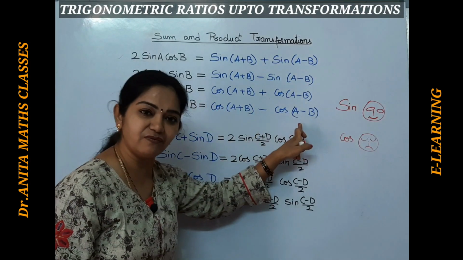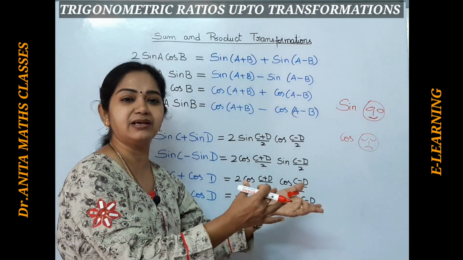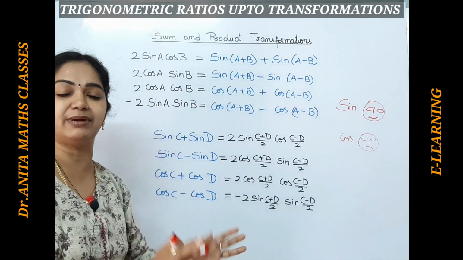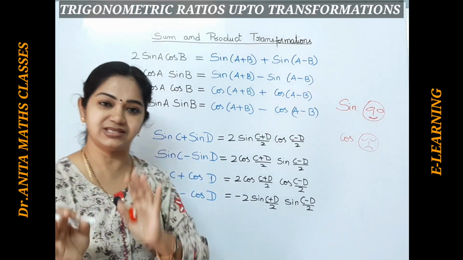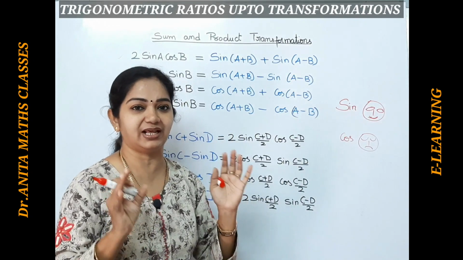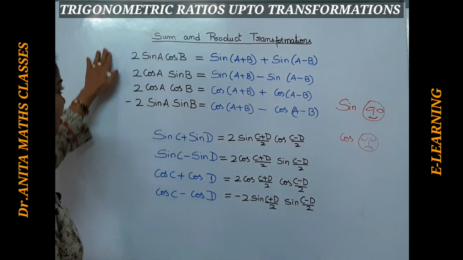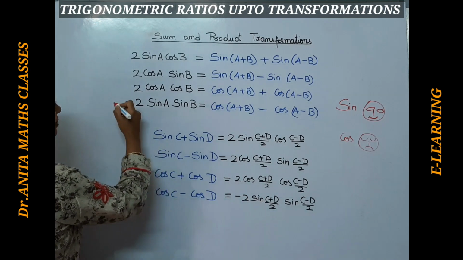But in the negative one, the second part, if it wants to include sine, it will only take sine, but it will not mingle with cos and sine. That means it's not friendly, we were telling, isn't it? So it's taking sin A sin B. So this you have to remember, and do not forget to remember this minus.